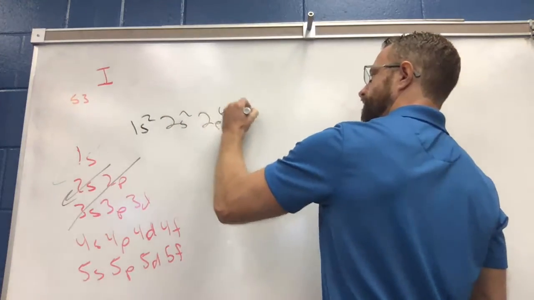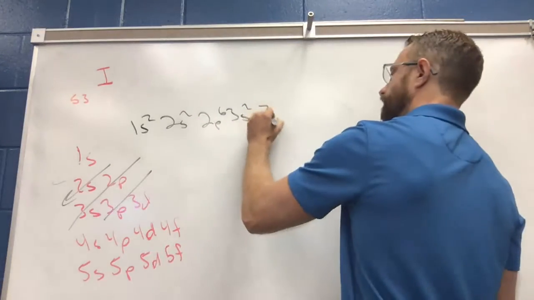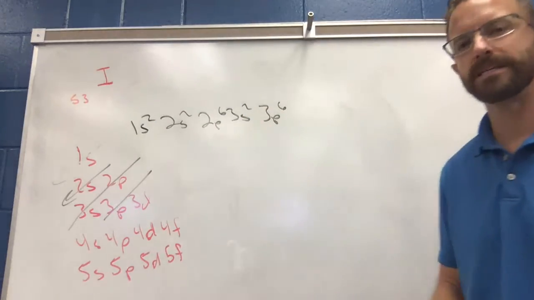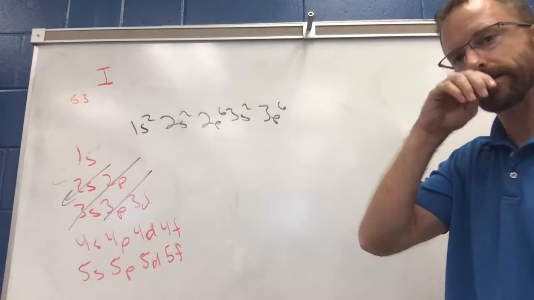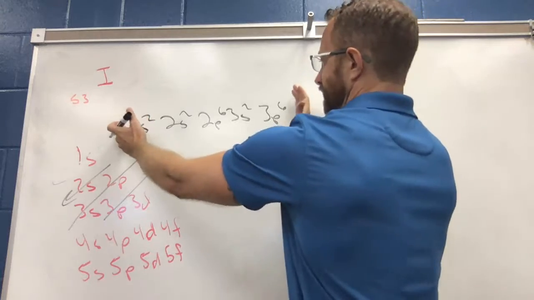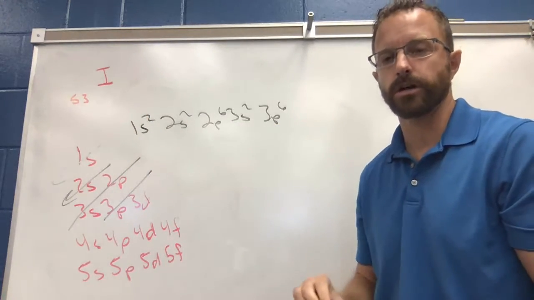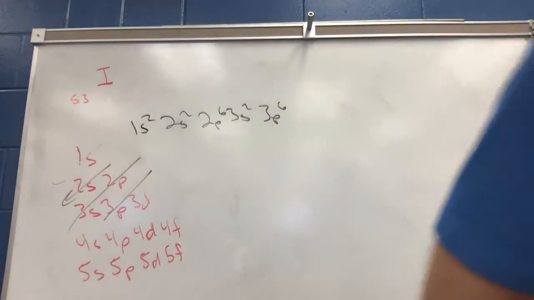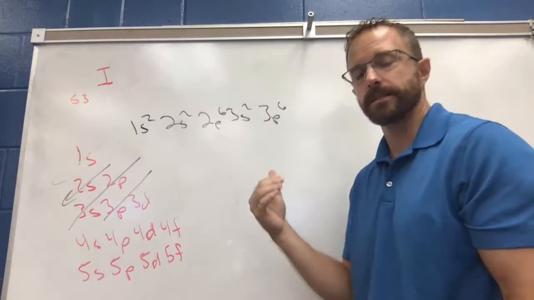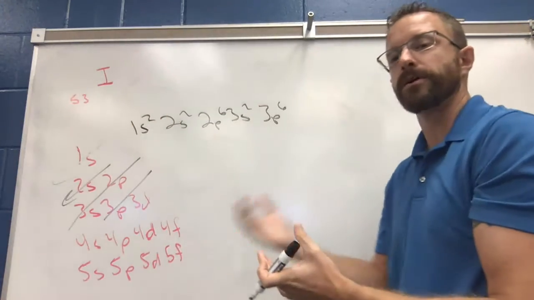2p6, 3s2. From there, we'd go to 3p, 3p6. Anytime you end in one of the p6s, that's a noble gas. So you can always do noble gas configuration, because this is 3p, so that's the third energy level. The third energy level down is argon, right? So you would say the inner electrons are just like argon, and then we do